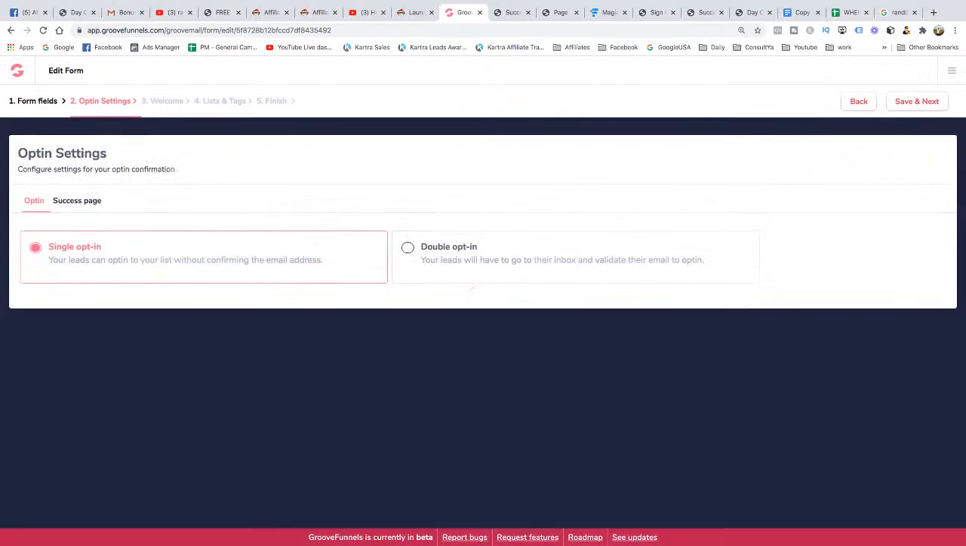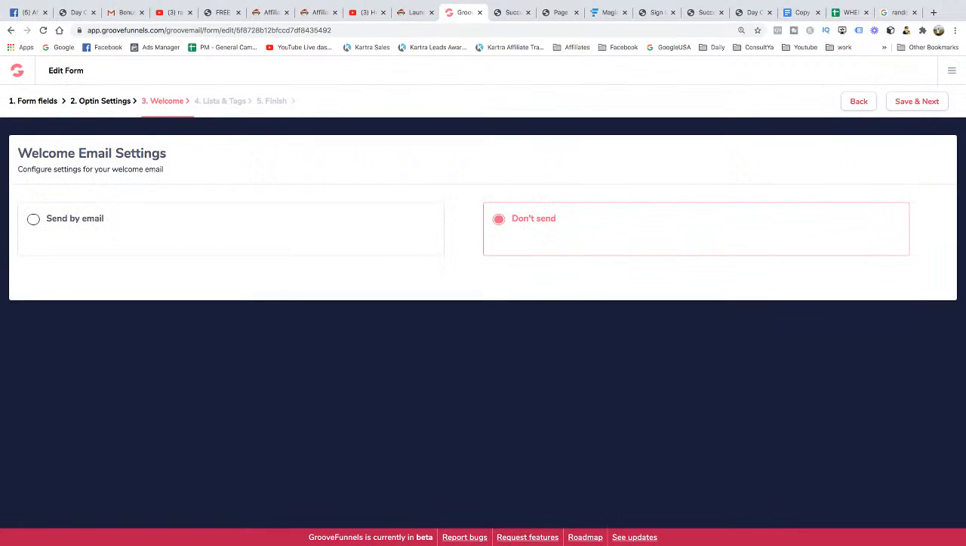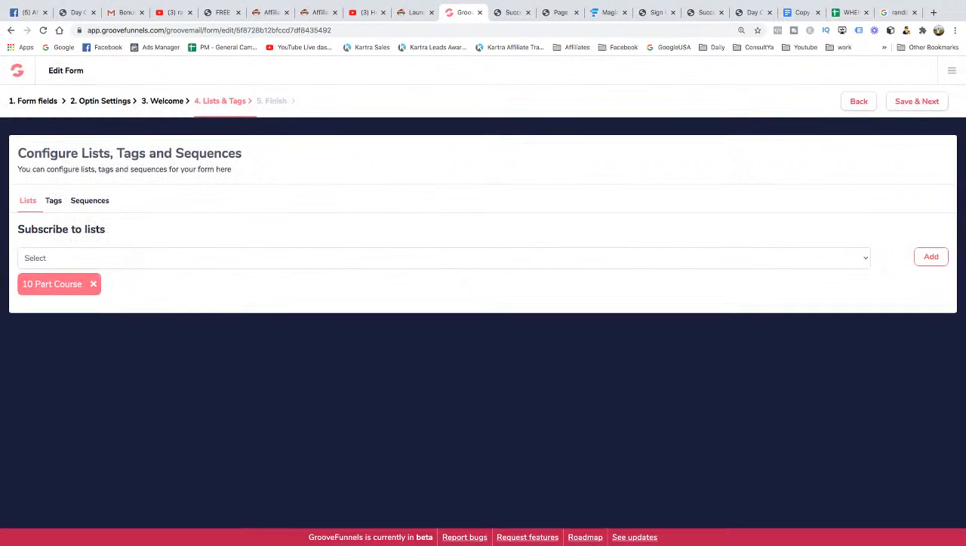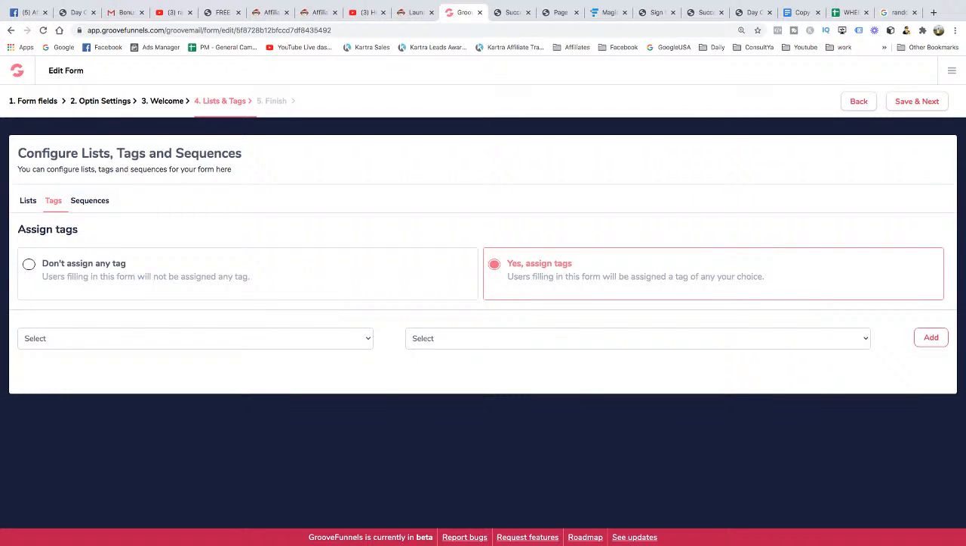So our success page is now going to be this. That's our success page, because we just copied it. We're not going to do anything here, but we are going to subscribe them to the list GrooveFunnels demo. So we're going to take that one out and make sure this is pinged down below. We're going to assign a tag. We're going to delete this one, and we're going to assign the tag